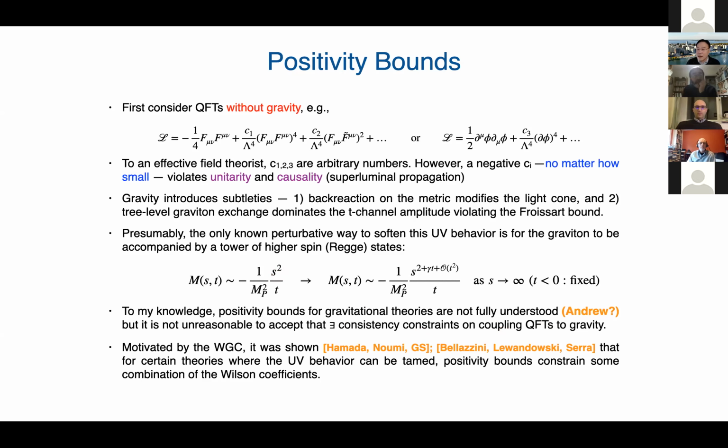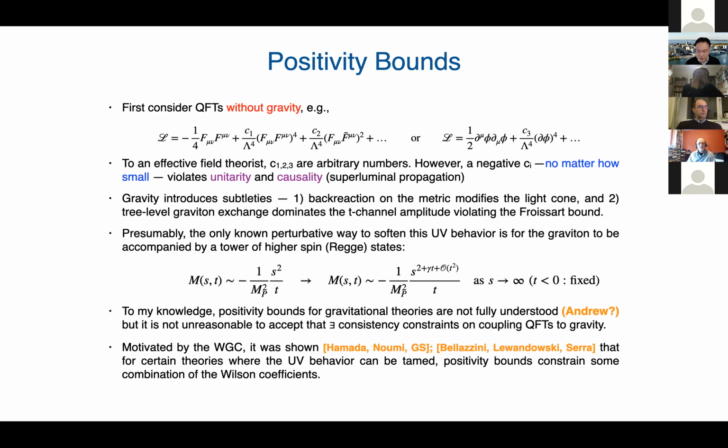And I should emphasize that these are really UV constraints, because the reason why we cannot get the usual field theoretical positivity bound is because of the violation of the Froissart bound, meaning that the amplitude grows quadratically with the center of mass energy. And so we could not deform the contour using analyticity to constrain these Wilson coefficients. So in fact, motivated by the weak gravity conjecture, it was shown that for certain theories where this UV behavior can be tamed, instead of the usual field theoretical positivity bounds, some combinations of the Wilson coefficients are constrained to be positive by